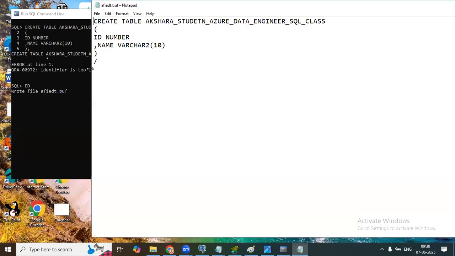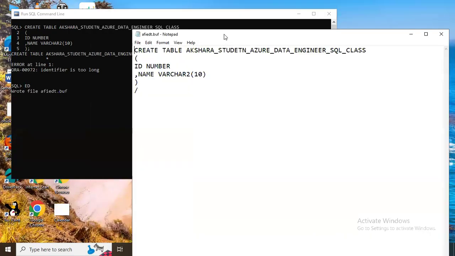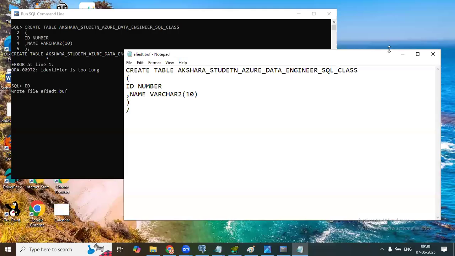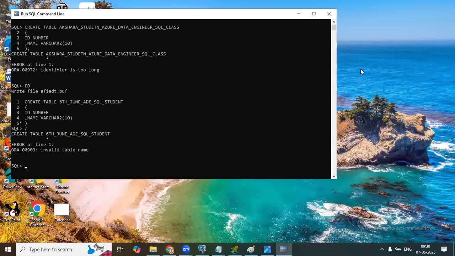Okay, it's having this error. Don't worry, I'm going to cover it. Now this is giving an error, so I'll change it. I'll say 6th June ADE SQL student. It's giving an error. Why? Invalid table name.